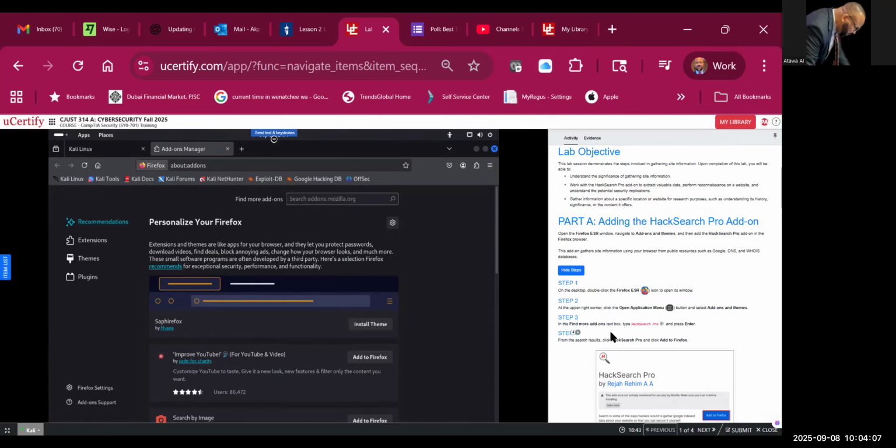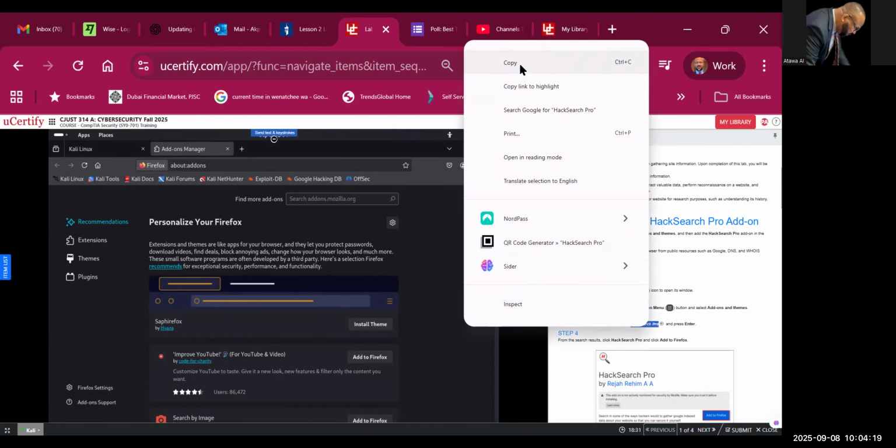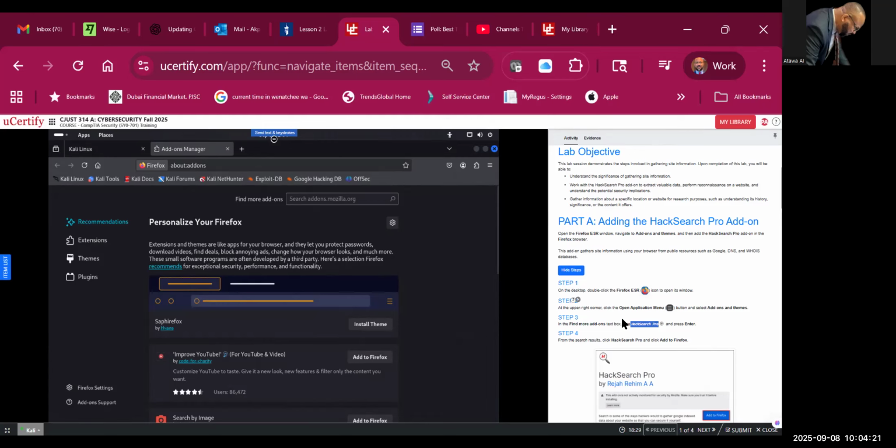Okay. Then I'm going to do, it says in the first, in the find more add-ons text box, type in, see here, if you're confused, just highlight this portion, right? And then copy it, right? So I hope you're following me. Straightforward. Step number 3 says, in the find more add-ons, you see on here, look around, find more add-ons,